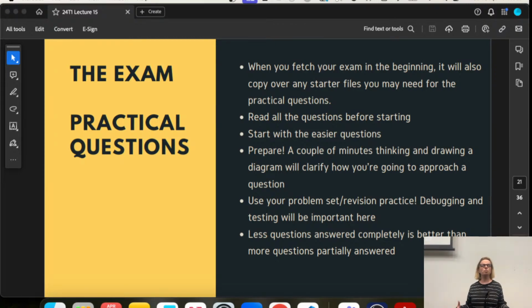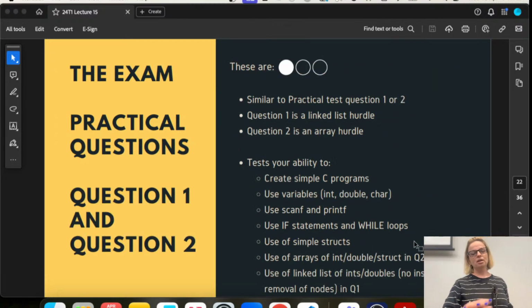The questions will be similar to what you have seen in your problem sets. They will be similar to your practice exam. They will be things that you've done. The latter questions will be much harder, okay? But you don't need to do them to do well in the exam and to do well in the course. So just breathe and make sure to just go in, read it, and attempt it.